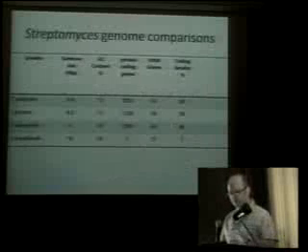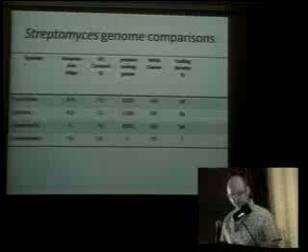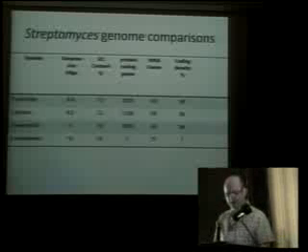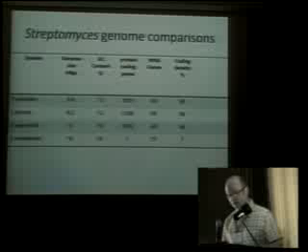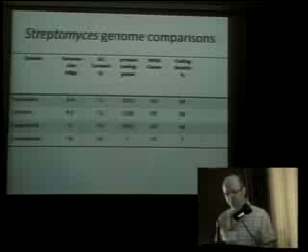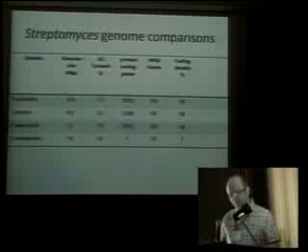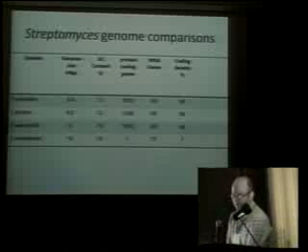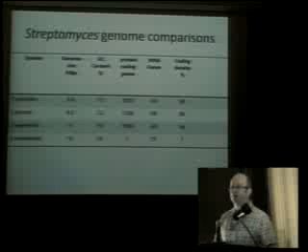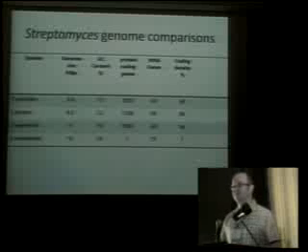So overall, just comparing a few Streptomyces genomes, in terms of the overall size of these genomes, you can see the variation in size. Somaliensis is smaller, has a higher GC content. We don't yet know how many protein coding genes there are. There appear to be a large number of tRNA genes, probably more than there are in the other Streptomyces, and as yet we don't know the codon density within the genome.